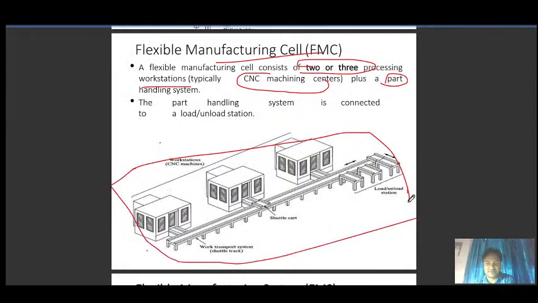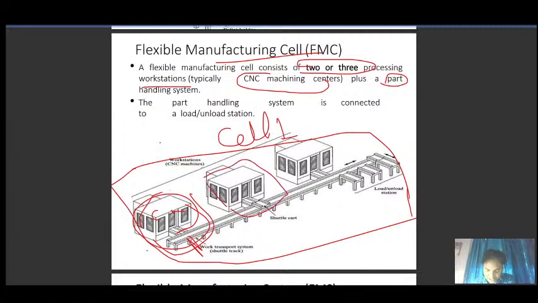This area 1 means cell 1. So this becomes a workstation. Whatever you see, this one is a CNC machine. So here this becomes workstation 1, and on this machine workstation 2, and this third is workstation 3. Okay, so this is called a workstation when the machine is working.